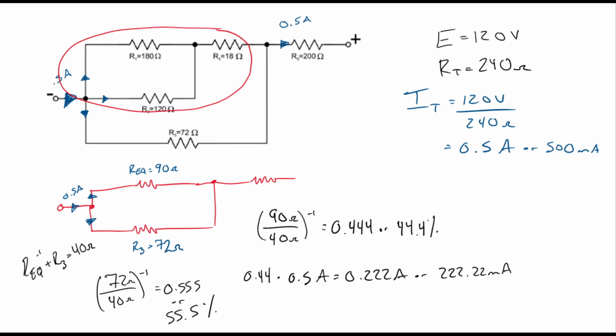So when I do this, I say 0.55 times 0.5 amps is equal to 0.277 repeating, or 277.777 milliamps. So now I actually know, leaving this junction, going in this direction, that current is